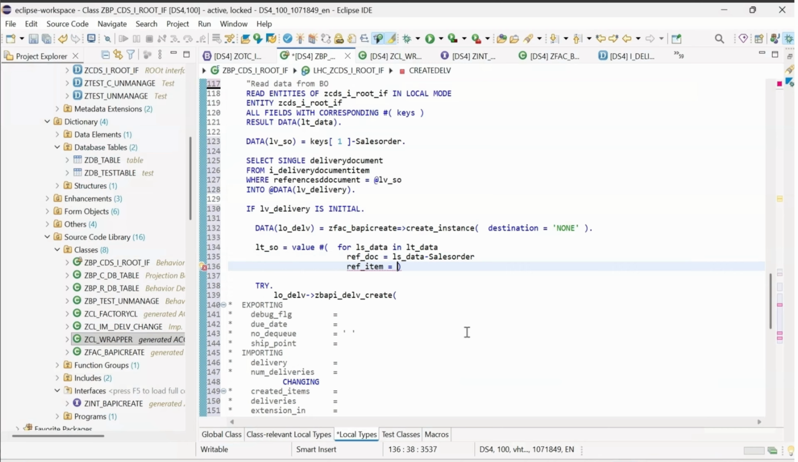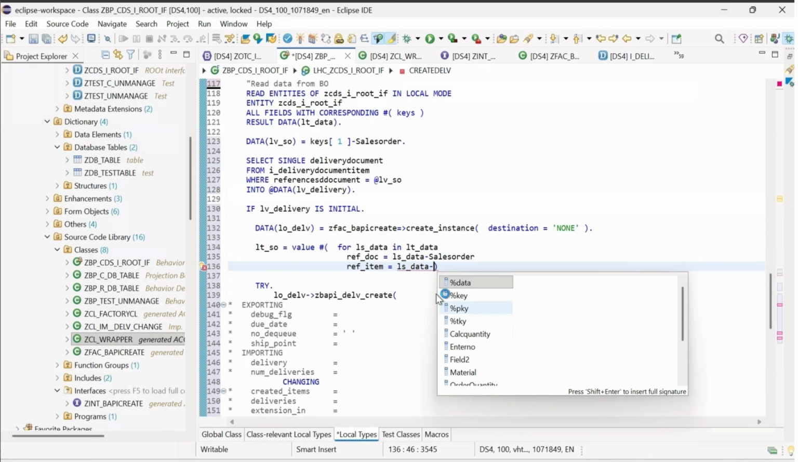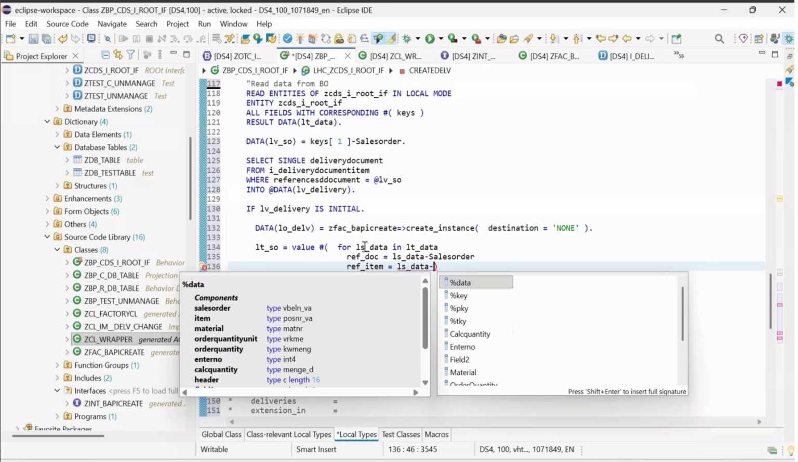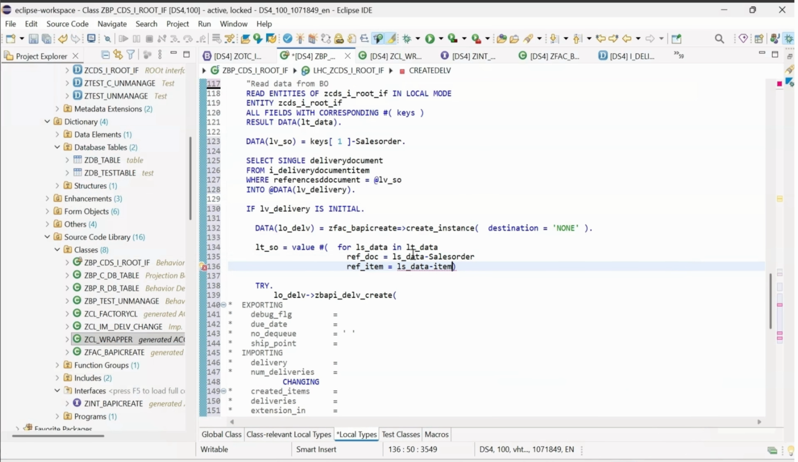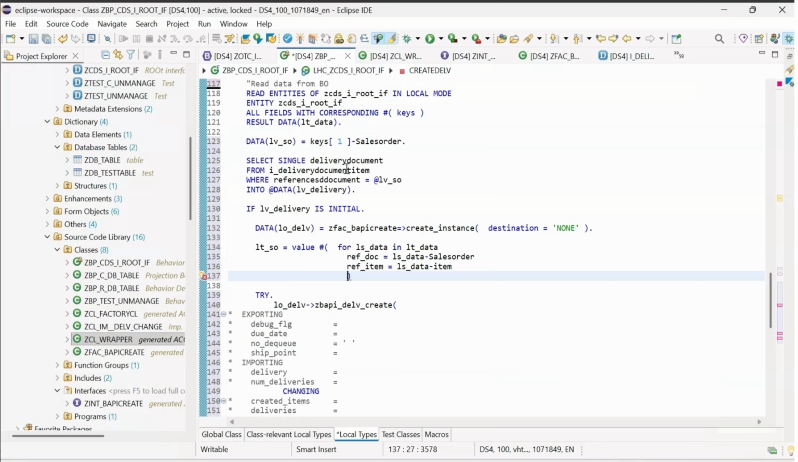So here, from our internal table to structure, it will just act as a loop. You can't see it in debugging, but it will just work as a loop. This for loop will run based on the number of records you have. If you had 10 records, then this for loop will be running 10 times. Now I wanted to pass